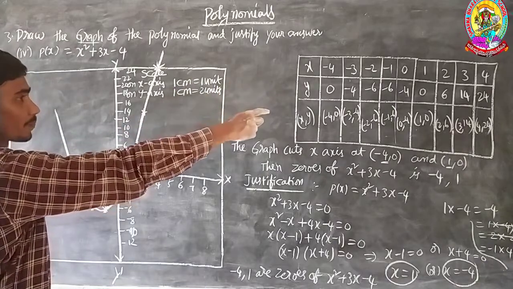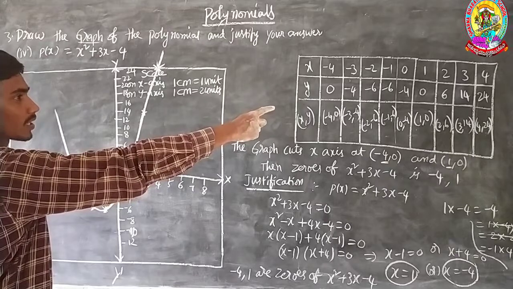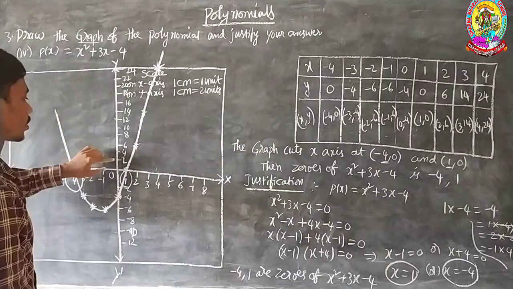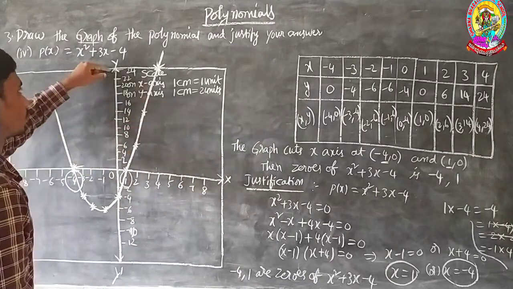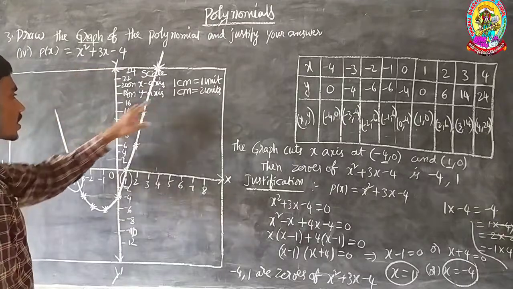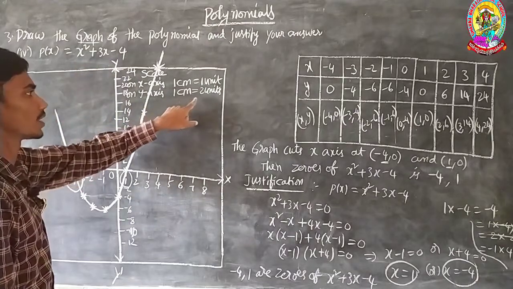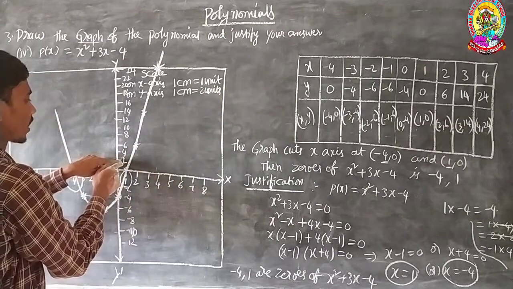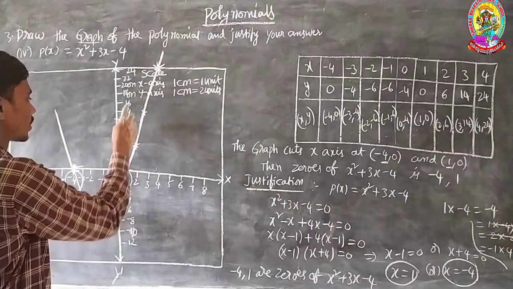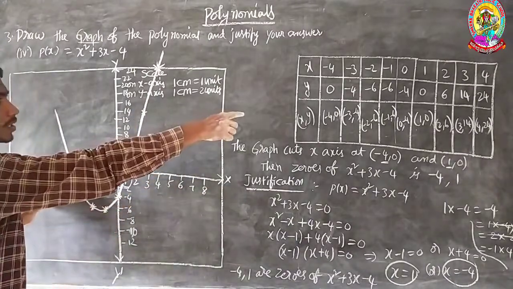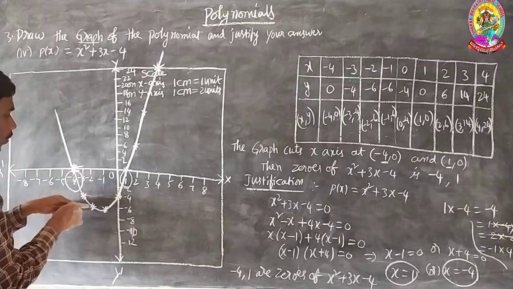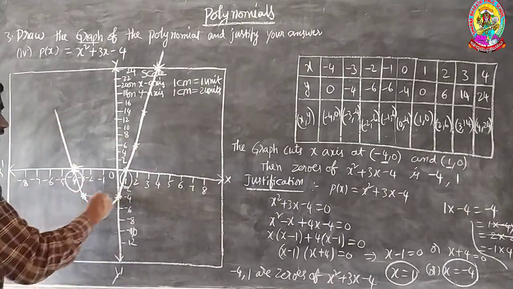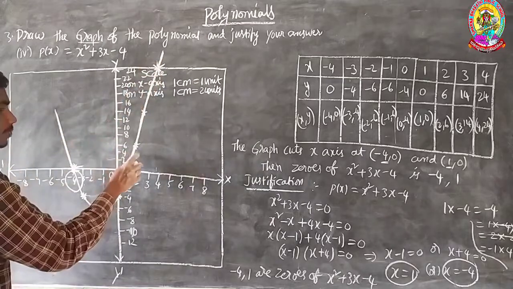But on the y-axis the values you got are very high, 14 and 24. If you take 1 centimeter is equal to 1 unit, there is no way to locate those points. So that's why the scale was changed. That is, 1 centimeter is equal to 2 units. The points are like this: 2, 4, 6, 8, 10, 12, like this. Then, using the points, you can easily mark them on the graph sheet. And if you draw a freehand curve, that gives a U-shaped curve, that is a parabola.